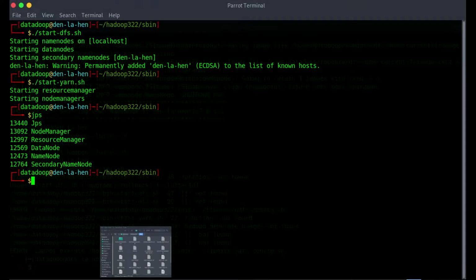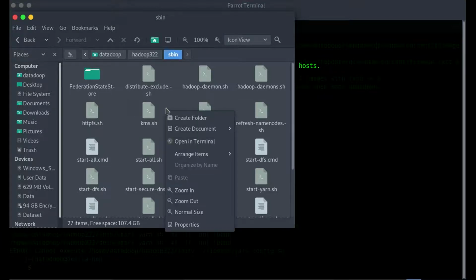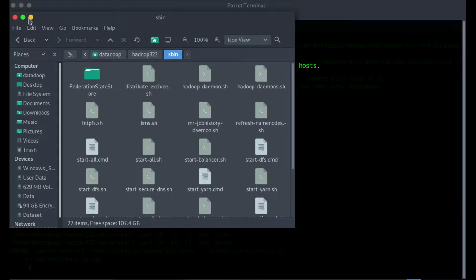I'll show you that. This is the folder that has all the shell scripts that have to be initiated for running a MapReduce program. You can simply right click into this folder and initiate a terminal here. I've done that already.